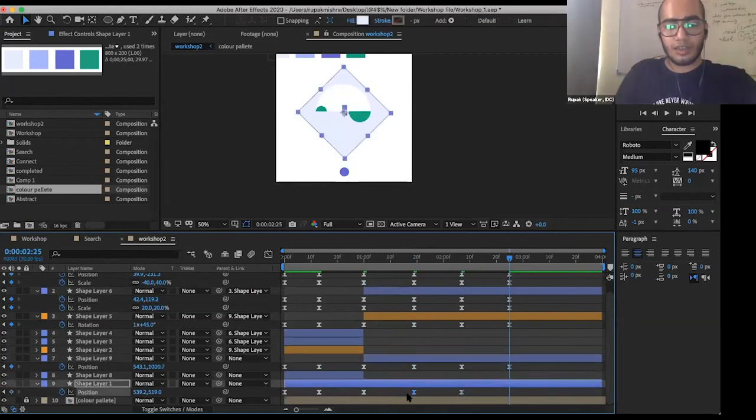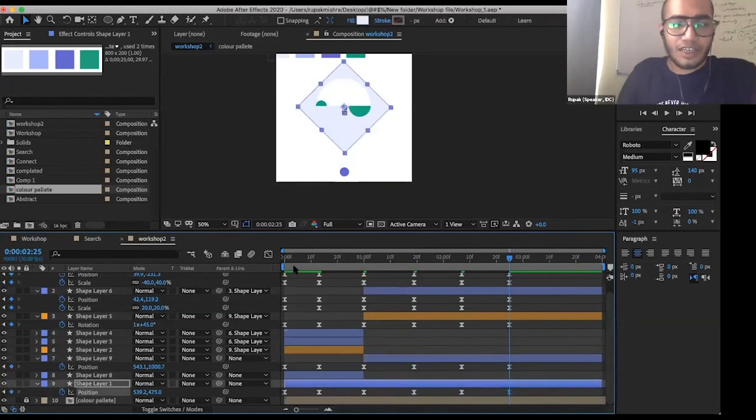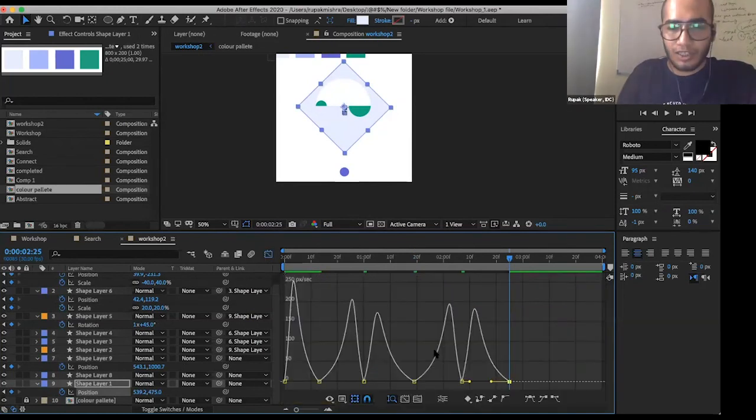Once this is done, you can go and check the graph editor for both these layers. I think it automatically falls in shape. Sometimes what happens is that after some repetitive action in the same shape layer, it automatically detects how the graph is going to look ahead.